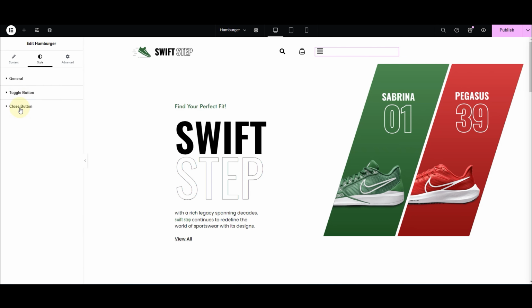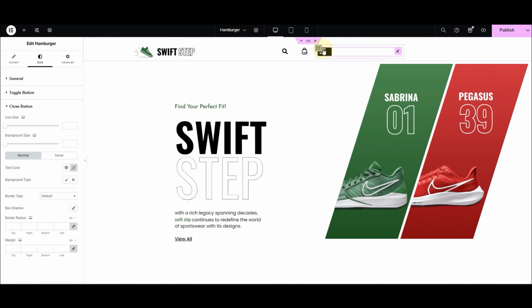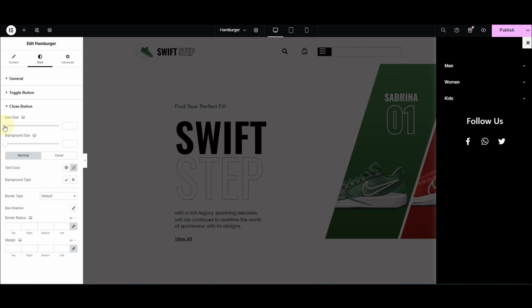Now let's have some fun with the close button. First, let's play with the icon size. You can make the close button icon bigger or smaller with the icon size option. Let's try the same 24 for the close button as well. Adjust the icon background size with the background size option. I'm keeping it at 20. No, increasing it to